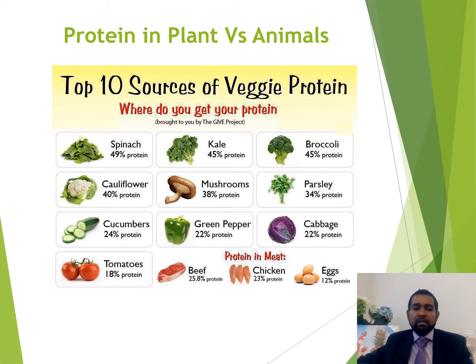If you think about it, we think meat is the only source, milk is the only source, egg is a source of protein, which is true. But egg only has 12% protein. Beef only has 25% protein, likewise chicken. If you look at spinach, it has 49%, the highest percent of protein. Have you ever thought about it? We have been thinking spinach is a simple vegetable, it has maybe some fiber. No, half of spinach is protein,